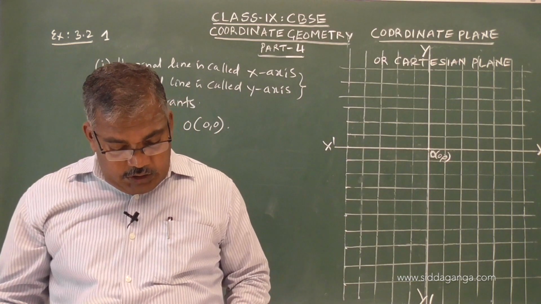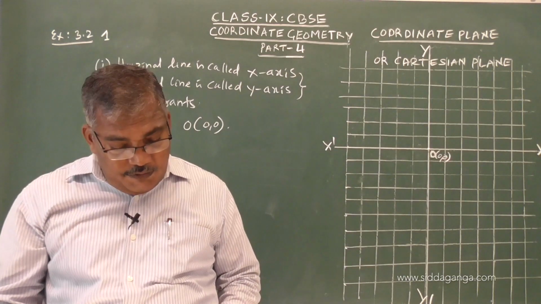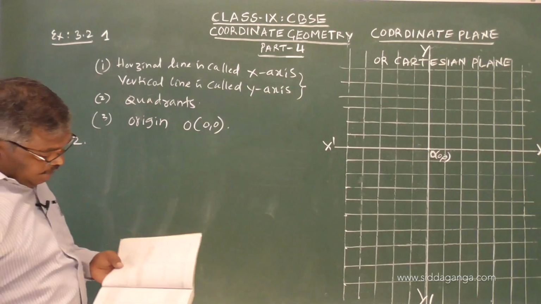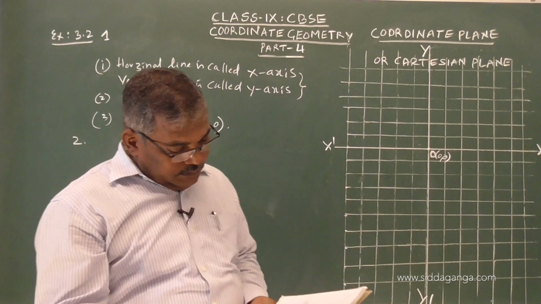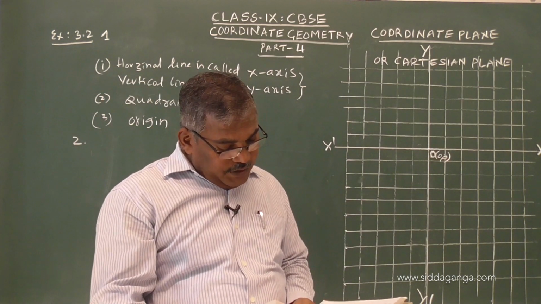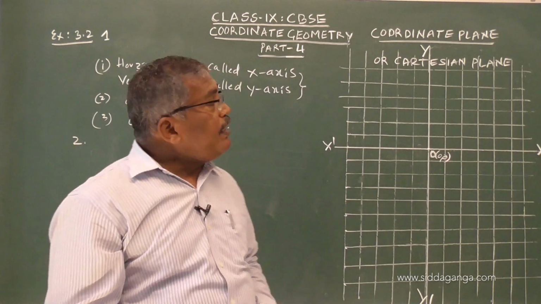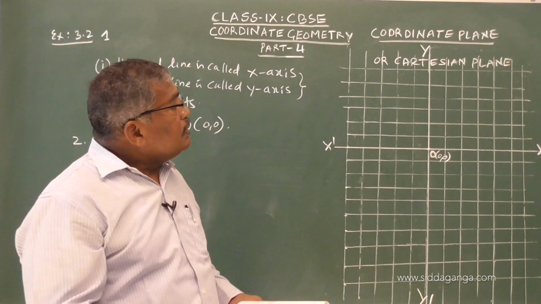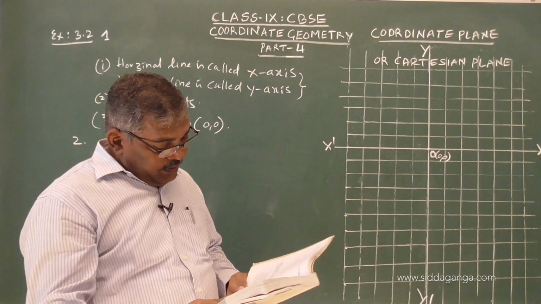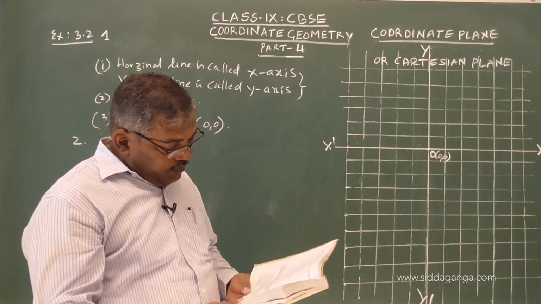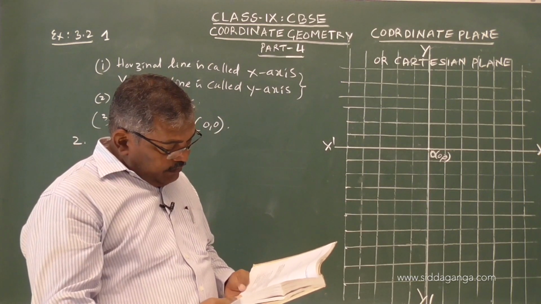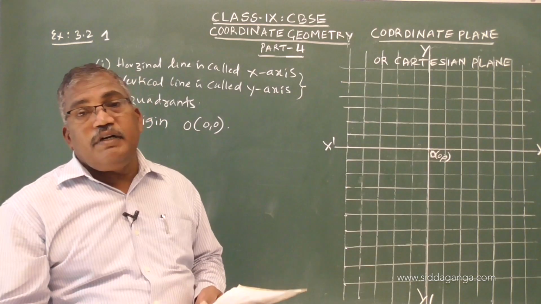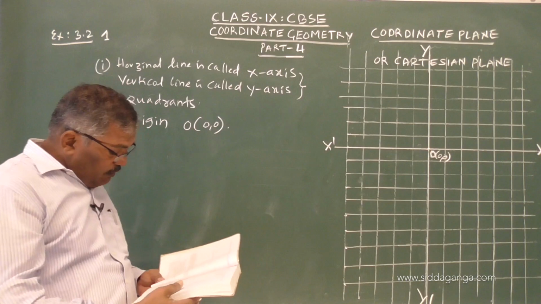Now in the given figure, question number 2, write the following coordinates. See, some coordinates are given. That is A, B, C, D coordinates are given. So we have to write the coordinates, and certain points -3, -5 are given. We have to identify those points. We shall discuss one by one.